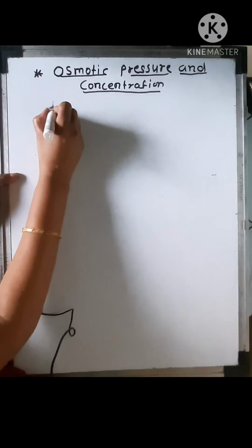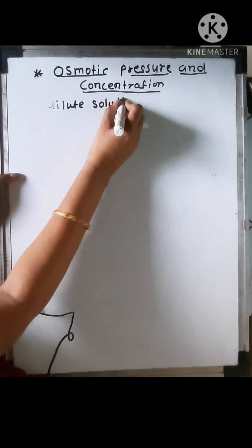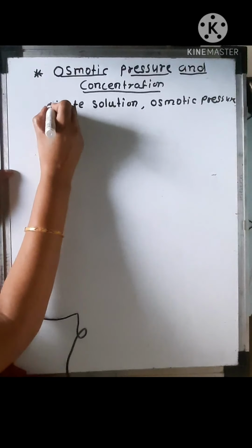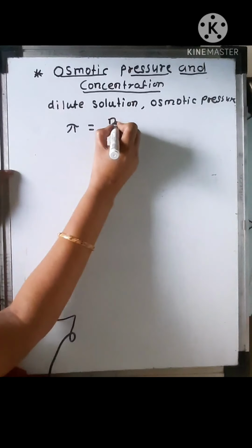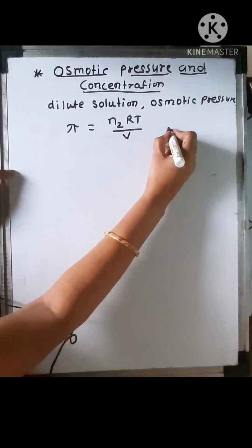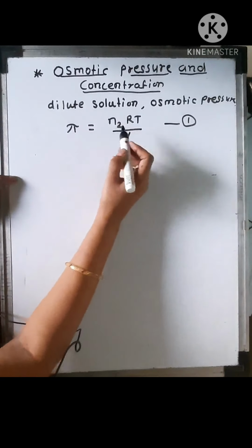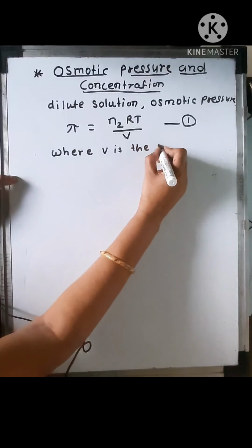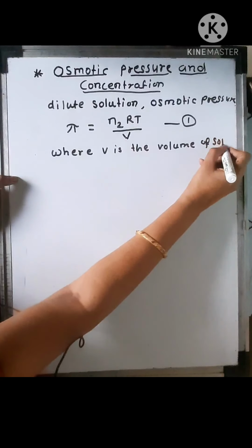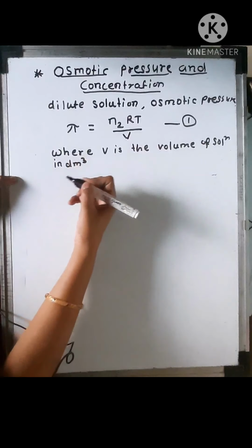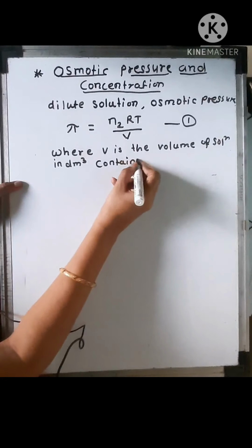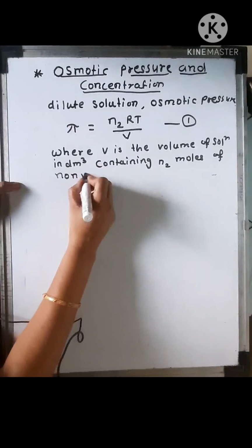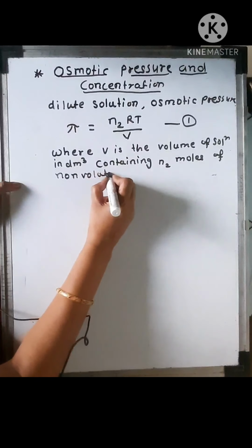For every dilute solution, osmotic pressure is given by the equation pi is equals to N2 RT upon V. This is osmotic pressure, where V is the volume of solution in dm cube containing N2 moles of non-volatile solute,